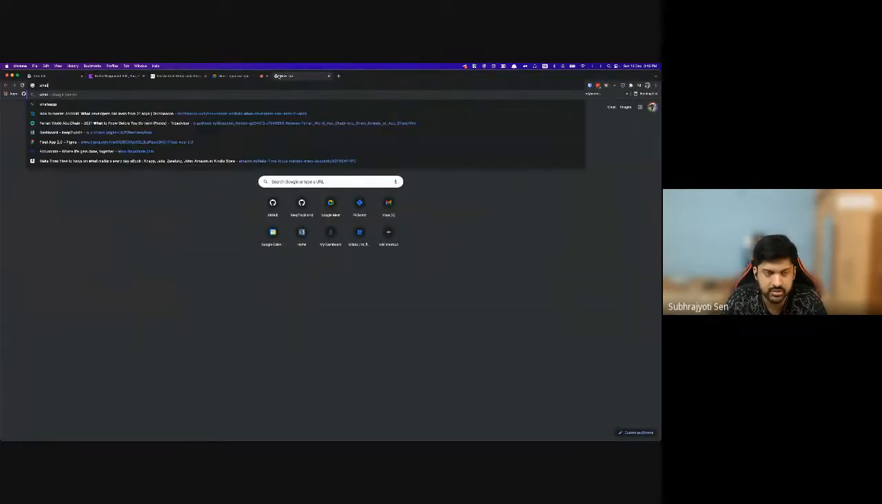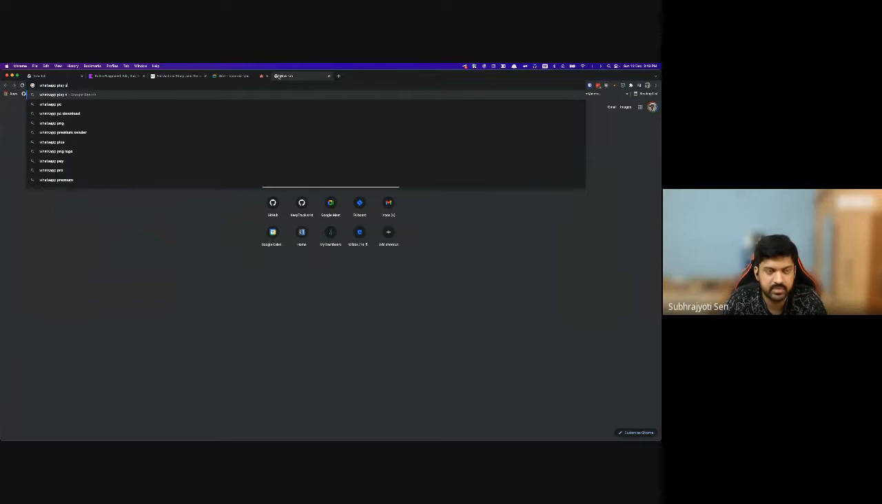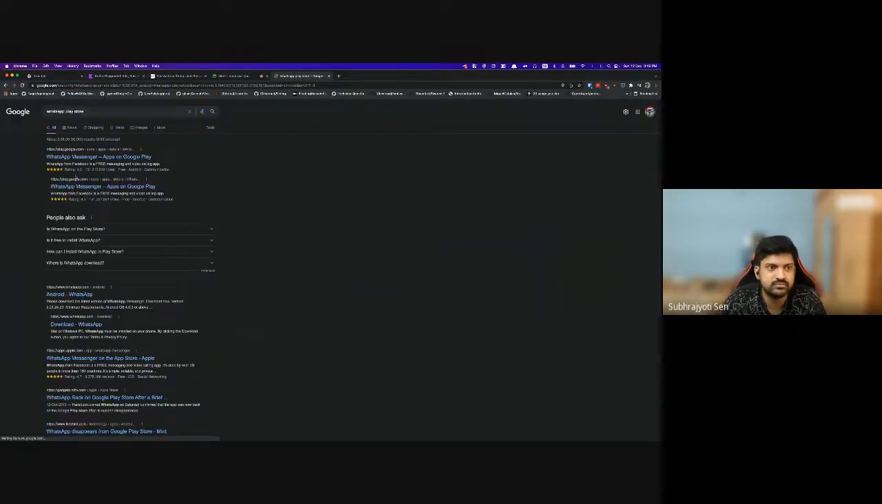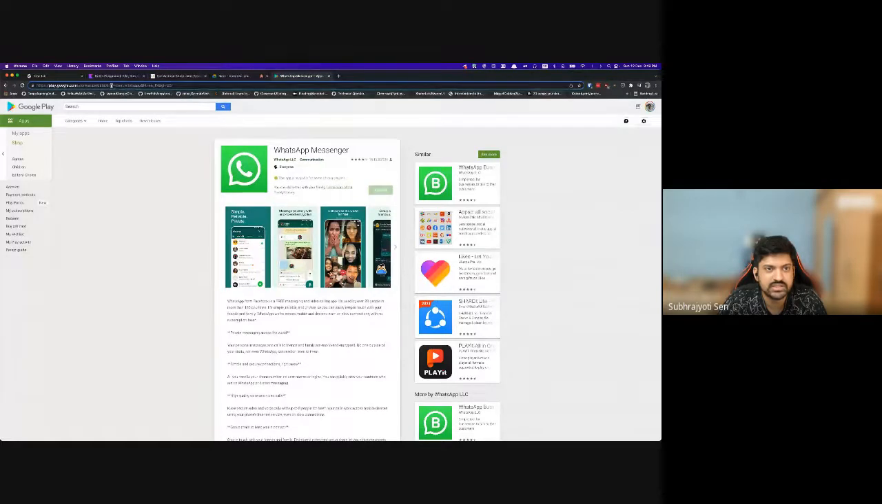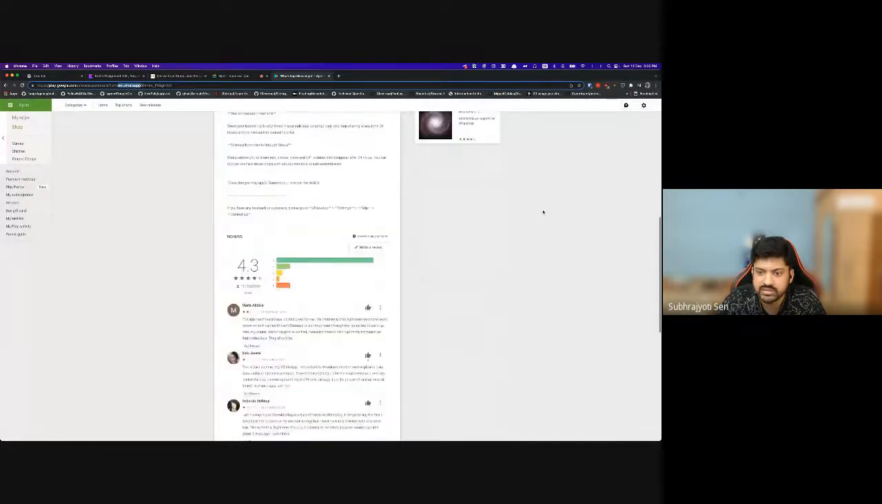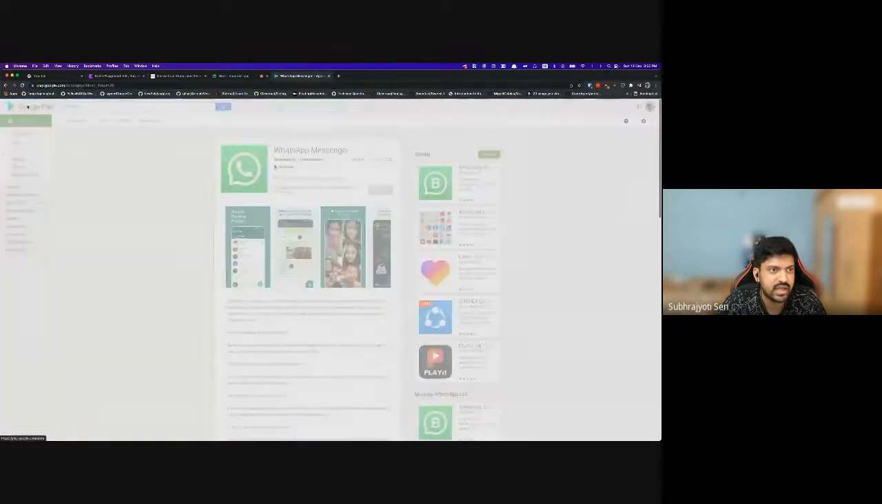Let's say I want to say WhatsApp, Play Store. WhatsApp Messenger. If you see the top part of the URL, this page is identified by the package name of WhatsApp. That is com.whatsapp. Let's say if you want to go to a different app,